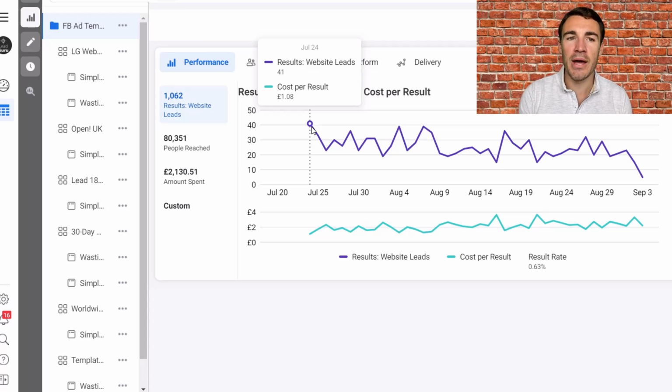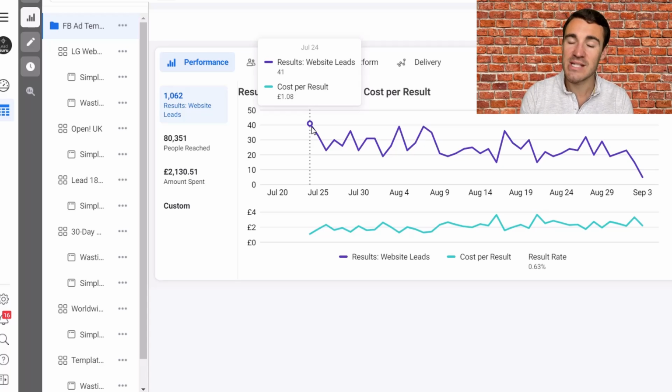Let's say someone clicked on a Facebook ad yesterday. They went through to your website, checked it out, and didn't do anything. And they did that on their phone. Then this morning, on their laptop, they remembered the brand name, Googled your business, went straight through to your website